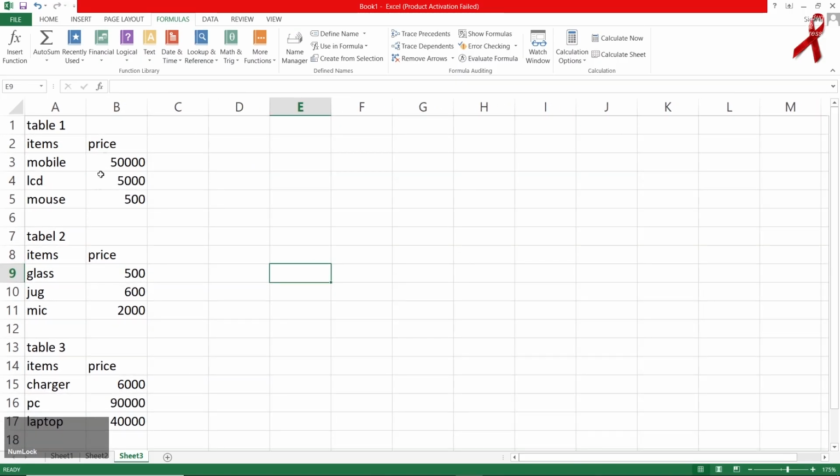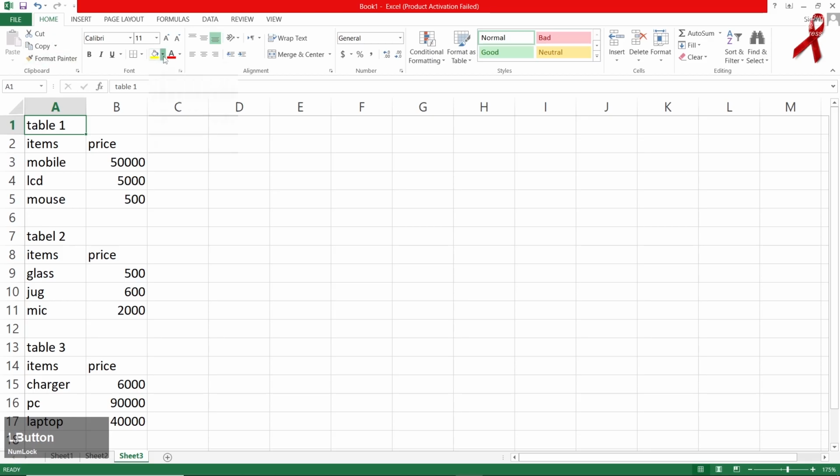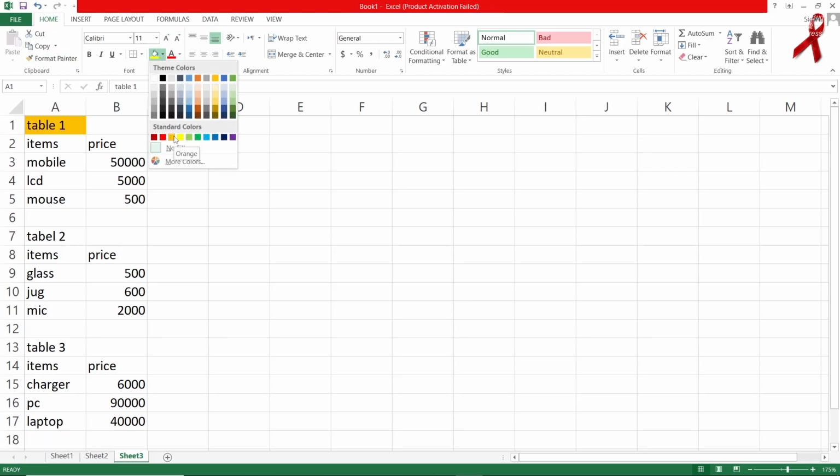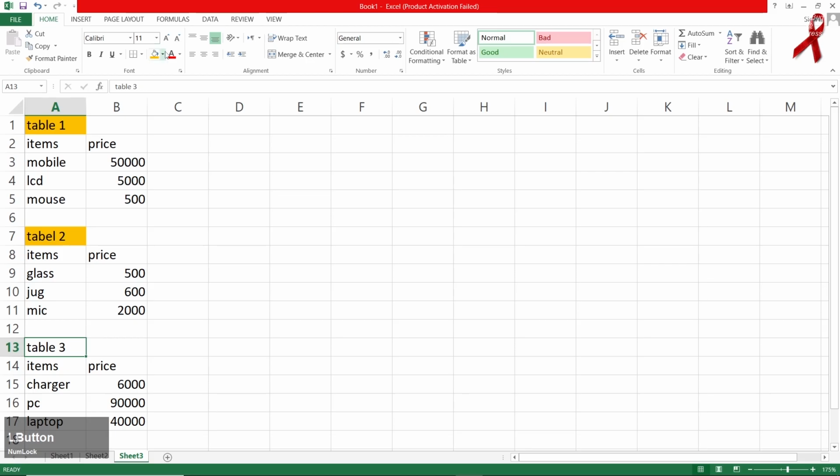You just have to be observing that you have to be making sort of tables like I have created, and let me edit that furthermore, like selecting that and going for home and making sure to apply some color so that it can be so much observable. Let me go and type there table 1, table 2, table 3. Make sure to apply the same color which I have applied over there